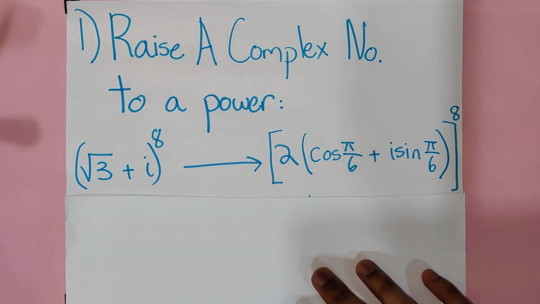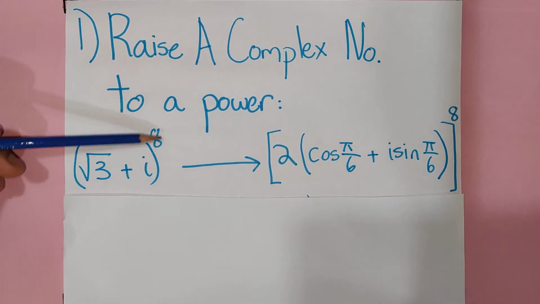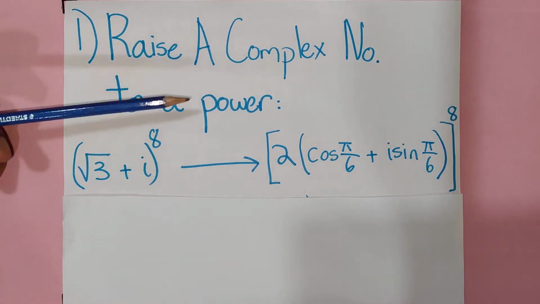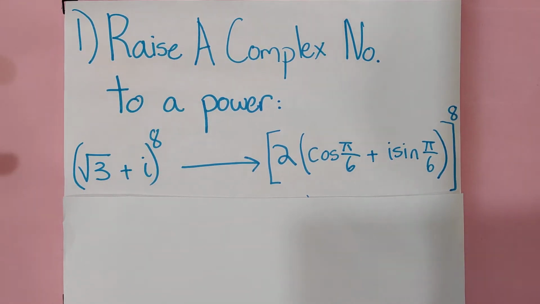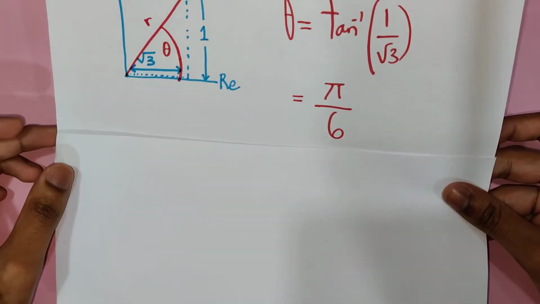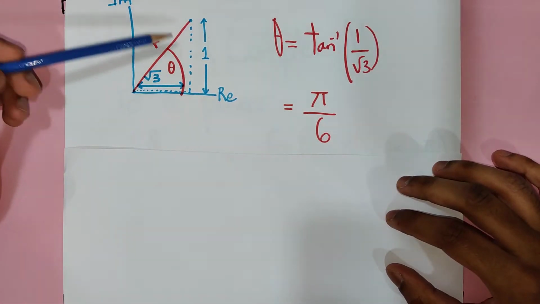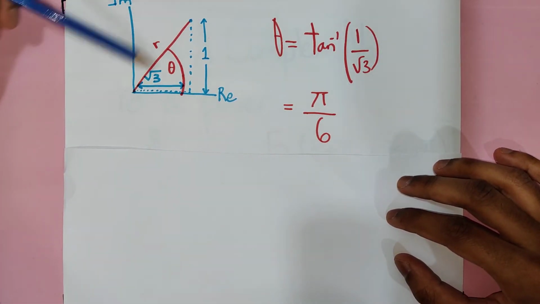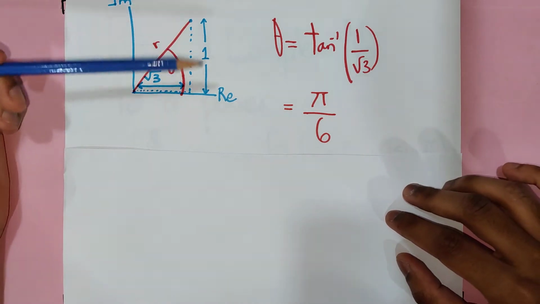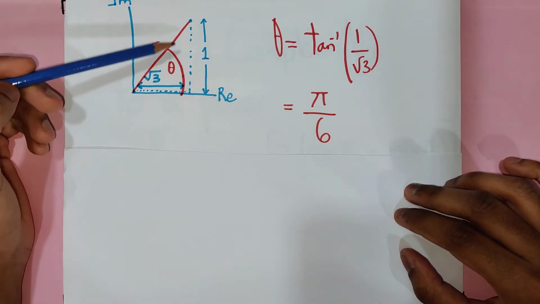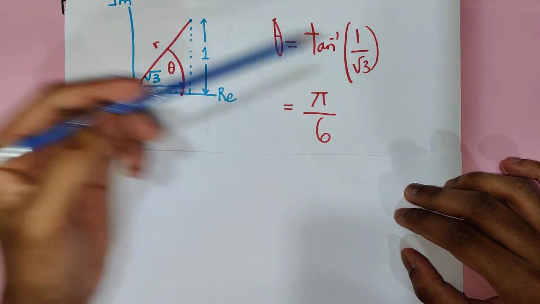So let's suppose that we have the complex number (√3 + i) all to the power of 8. Now, expanding this as we usually would takes way too much time, so we can use De Moivre's theorem as a sort of shortcut. Firstly, you have to convert it into polar form, and you should remember from the previous video, to convert to polar form you first have to find its argument, θ, and distance, or modulus, from the origin. So for √3 + i, the argument will be the tan inverse of 1 over √3,